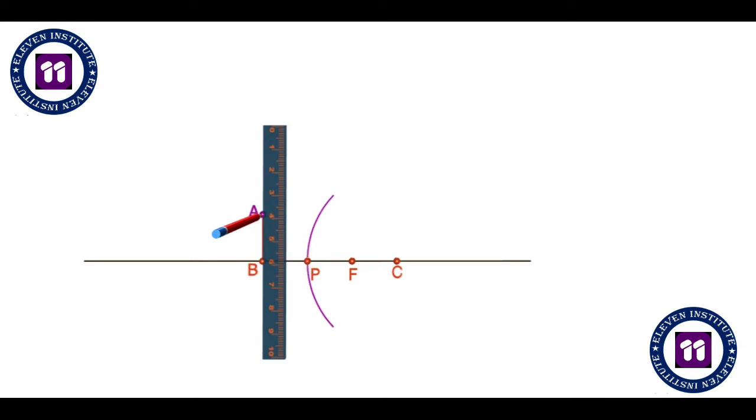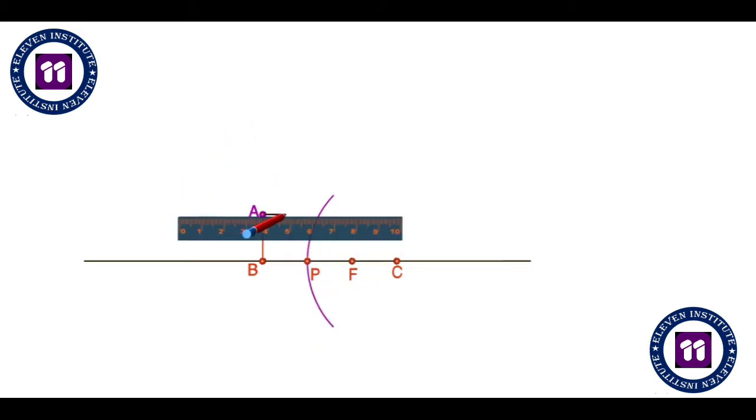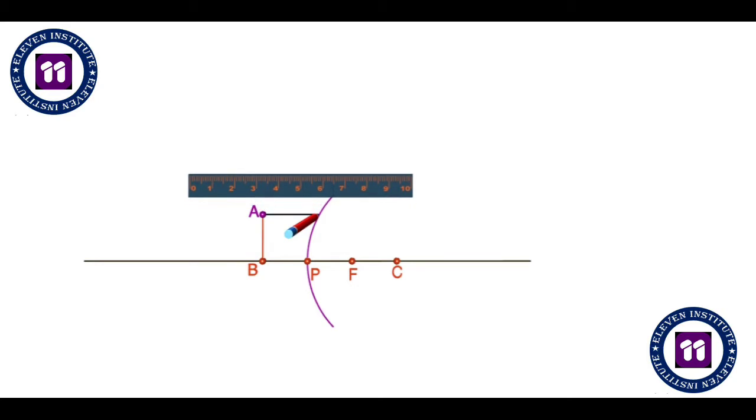Now what we have to do? We have to simply draw two rays out of the four rays that we have: parallel to the principal axis, going through the focal point, coming parallel to the principal axis, through center of curvature, and last one is through the pole. So we can select any two, but as usual, the first one, old is gold. What we will do? We will draw an incident ray parallel to the principal axis, and it will have to pass through the focal point on the other side.